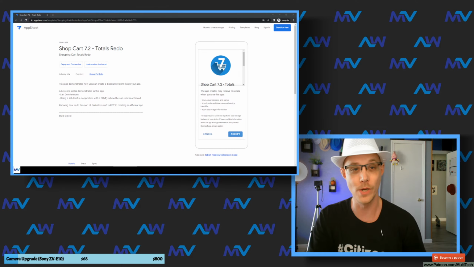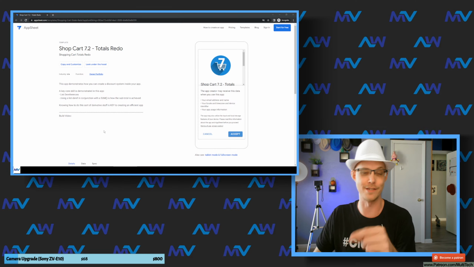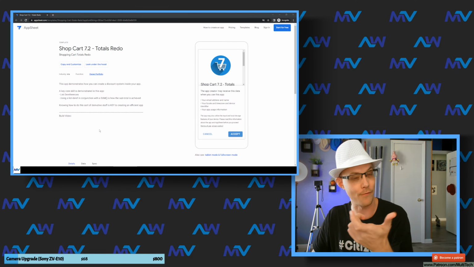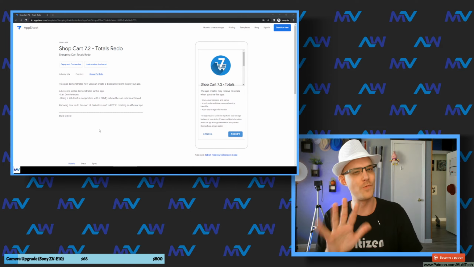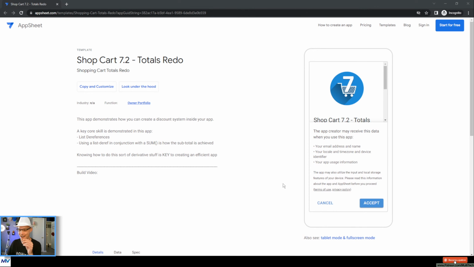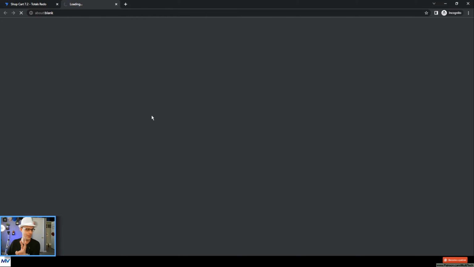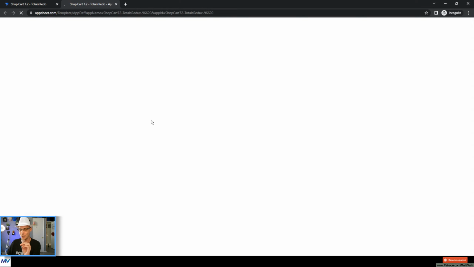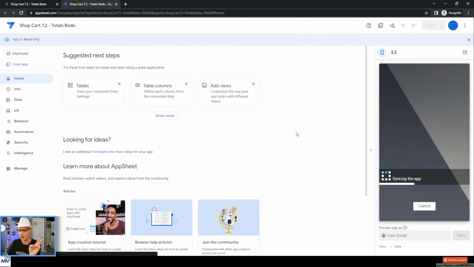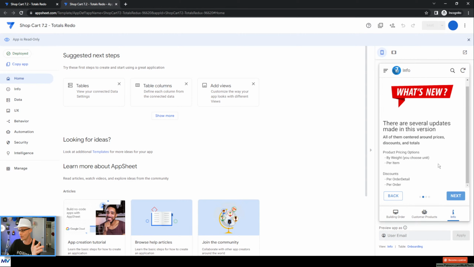7.2, the totals redo. And I just kind of want to go over real briefly what it is that I did inside this app, because I actually did do a few other things afterwards that smoothed the little things out. So, where are you going? Another way. That was the wrong button. So, real quick, if we just go and look under the hood for the 7.2 shopping cart app, the things that I want to point out, I largely talk about everything that I've done inside the info section here. So you can go through here and find out everything that's done,